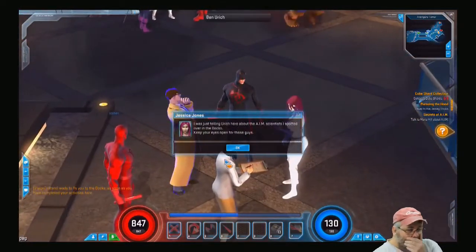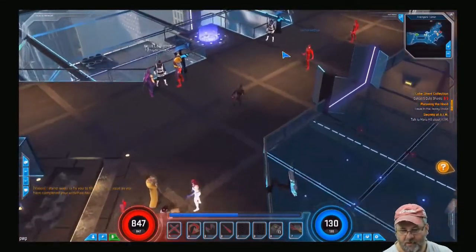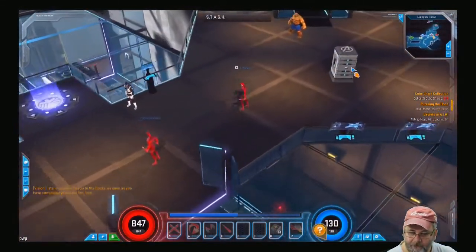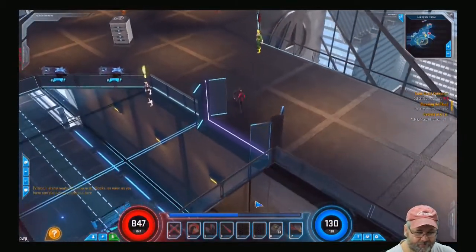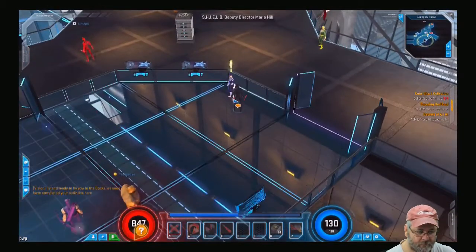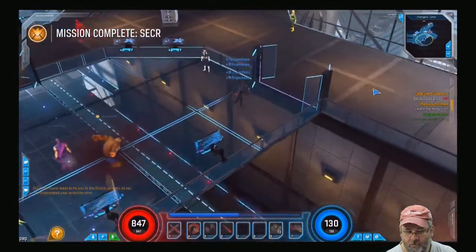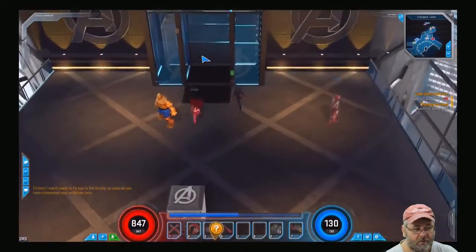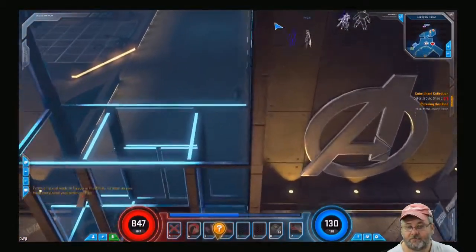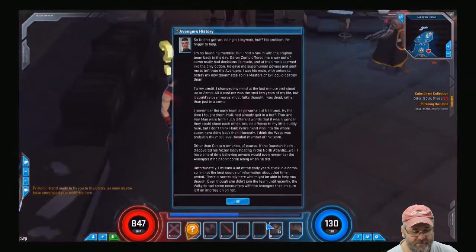Yeah, I had a rough night. Excuse me. God, I wish I would clear up. So talk to Maria Hill, which is over here. Maria Hill, agent of S.H.I.E.L.D. A little bit more experience. Okay. Ooh, I got one to talk to Wonder Man. Apparently that quest disappeared, but